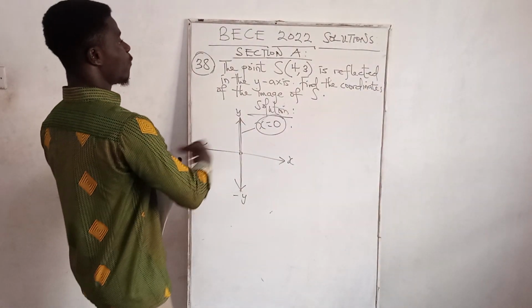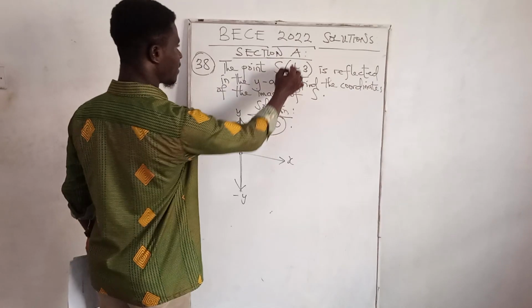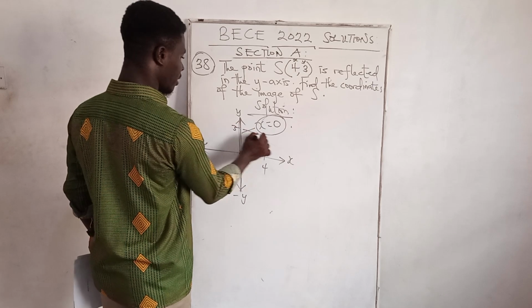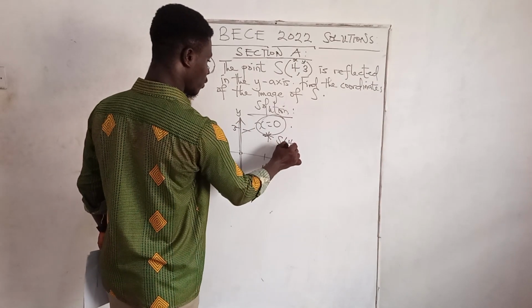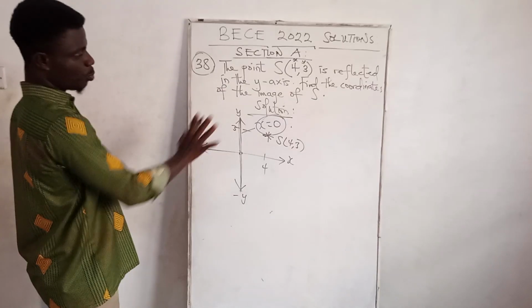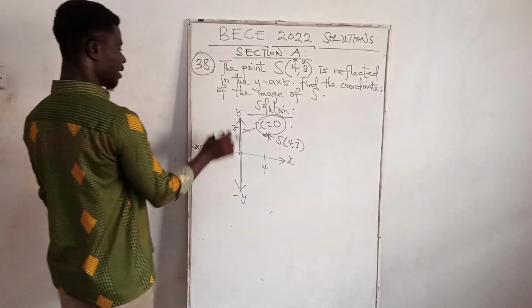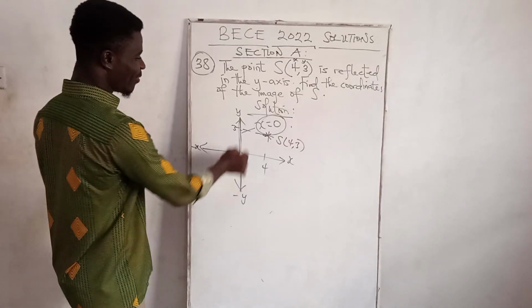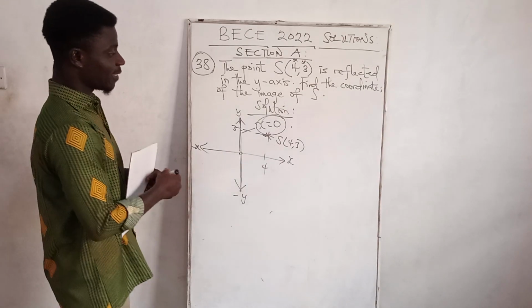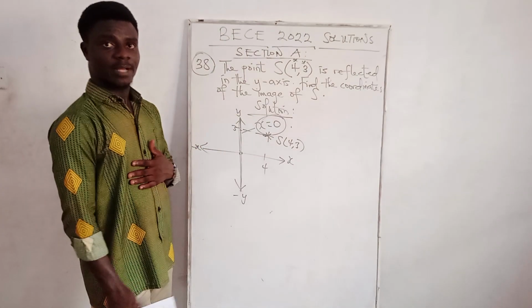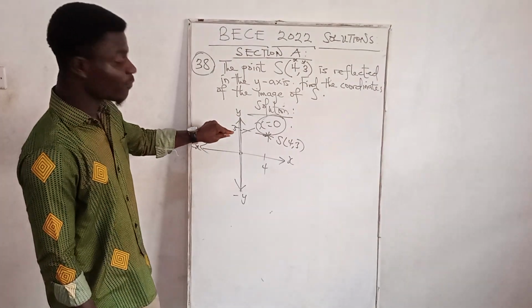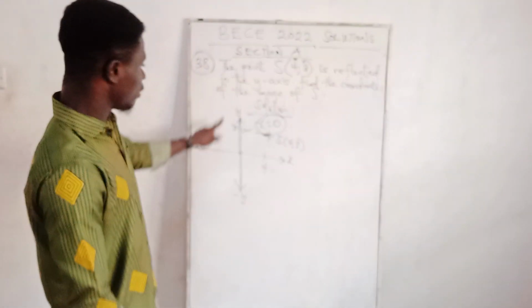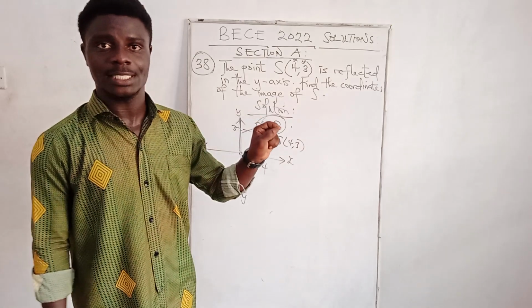So (4, 3). x is 4, y is 3 here. So we can locate point S(4, 3) here. It's not drawn to scale. So we are reflecting that there. Since I don't have the grid lines here, let's use our formula. Or if you want to use the graph, you have to note that the distance from the point to the mirror line is the same distance from the